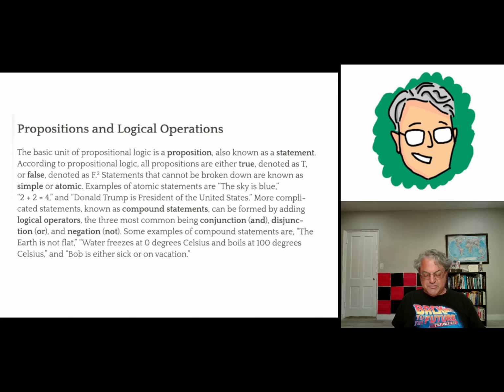And it's also true, for instance, if we say the sky is blue or 2 plus 2 is 3. Obviously, 2 plus 2 is 3 is false. But and is also known as conjunction, and or is known as disjunction. The disjunction of two atomic statements is true if at least one of them is true. But the conjunction is exclusive. That's true only if they're both true. So that's and and or.